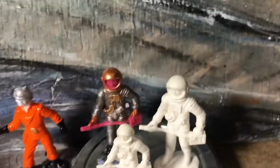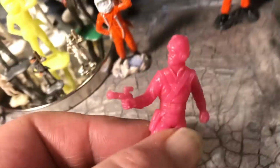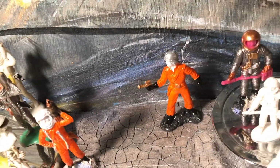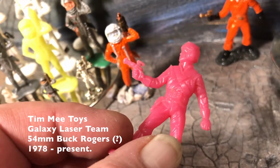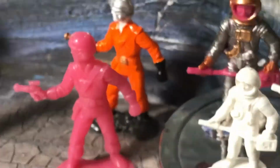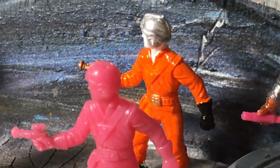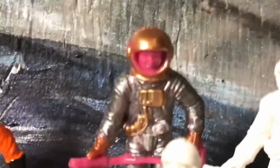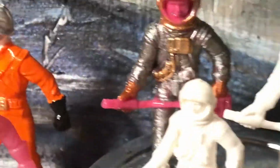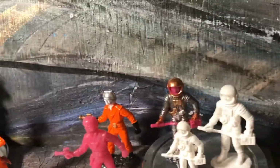in the same pose with the Geiger counter, and so this guy here, he's missing the top knot. He's got some sort of antenna that comes off of his helmet, sorry. So we'll paint him sort of in the style of that, but I kind of like the idea of painting these pink ones. That one looks actually kind of fresh. I got to try to clean that little bit of paint off his face, but he looks kind of fresh with that pink